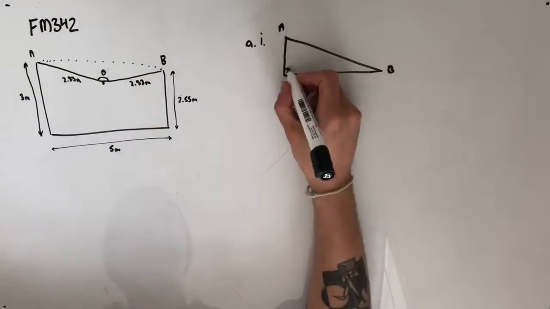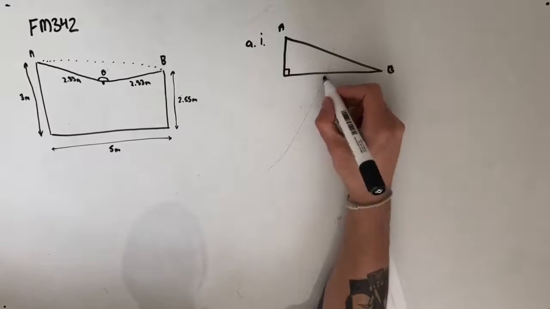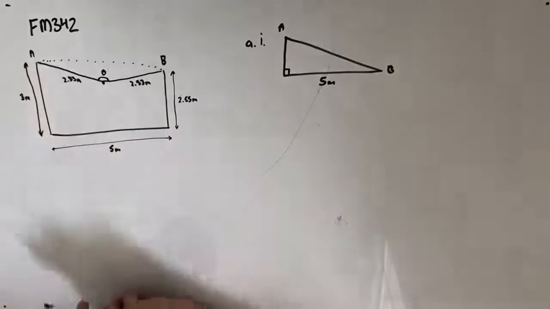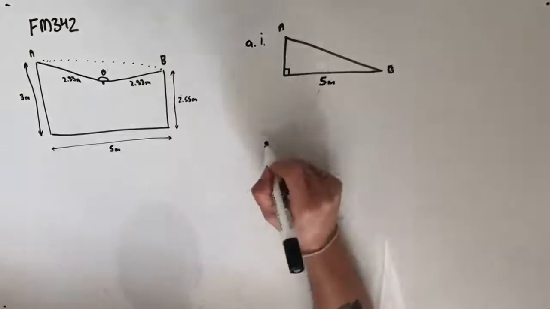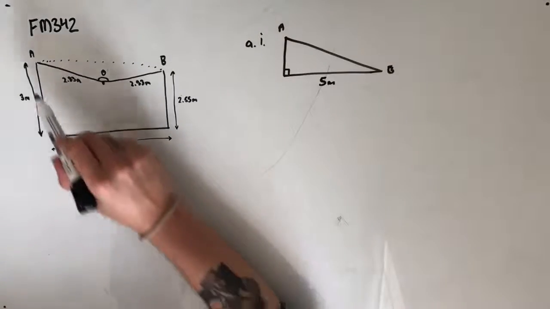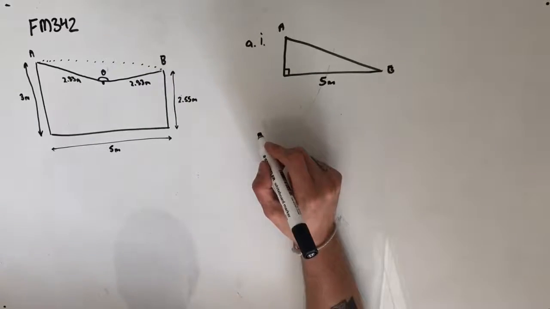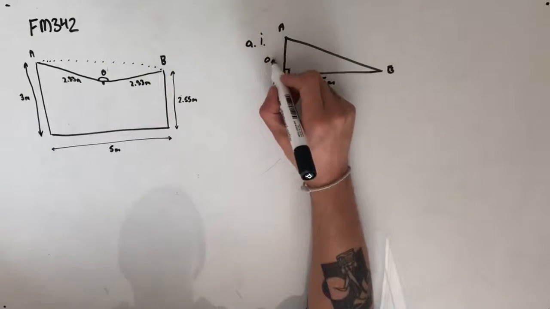hypotenuse for our right angle triangle, which means that we have down here a distance of 5 meters, as the trapezium is 5 meters wide. Up on this side up here, we're going to have the 3 meters minus the 2.55. So whacking that in your calculators, you get 0.45,